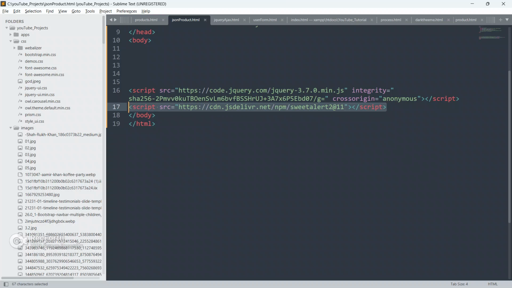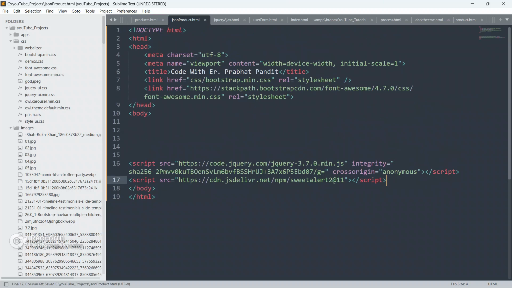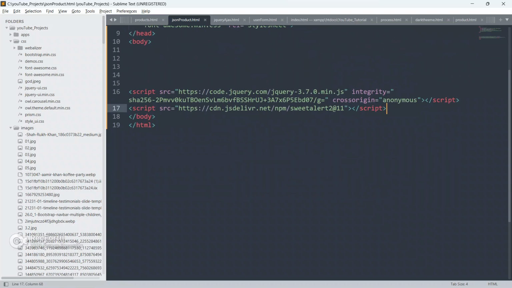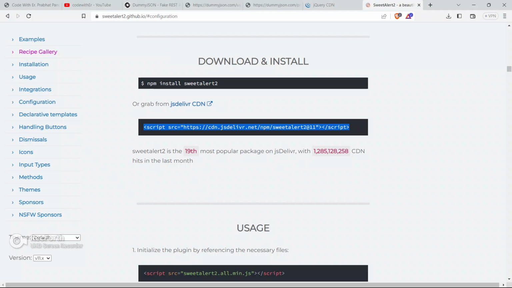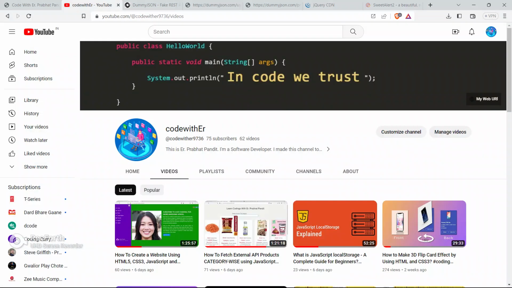Okay, so let me copy this from here only and paste it here. Okay, so through this way, guys, you can get CDN link for Bootstrap also, Font Awesome also, jQuery, and Sweet Alert. Okay, so I have already got all the CDN links for jQuery as well as Bootstrap and Font Awesome. So guys, now let's get started and let's build this application.